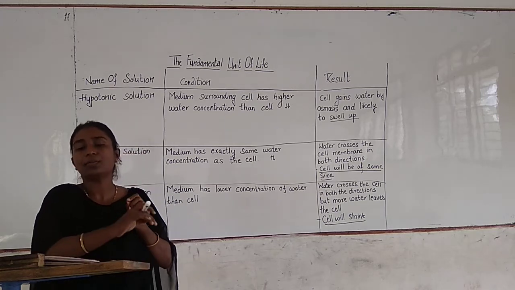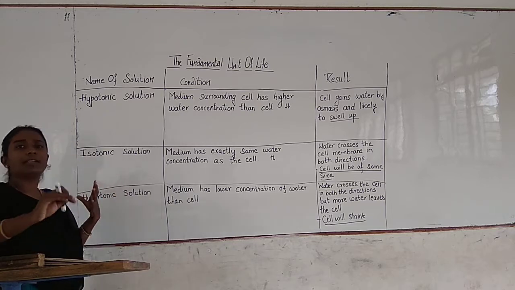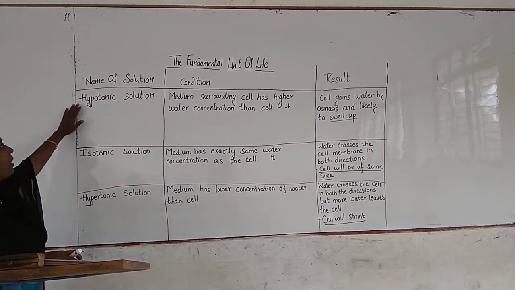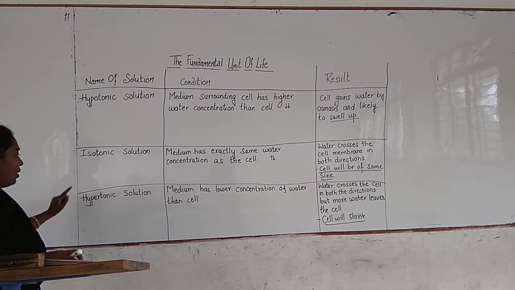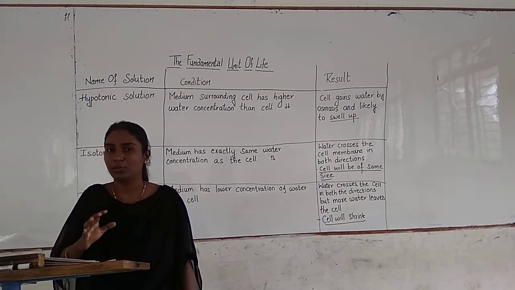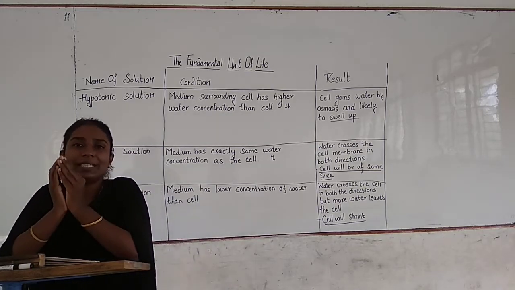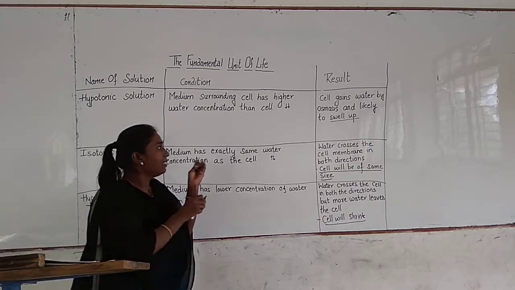Now there are different types of solutions. Actually there are three types of solutions. One is hypotonic solution, and then isotonic solution, and the third one is hypertonic solution. Now what do you mean by these solutions? Here it means that if you take a cell, if you take a single cell